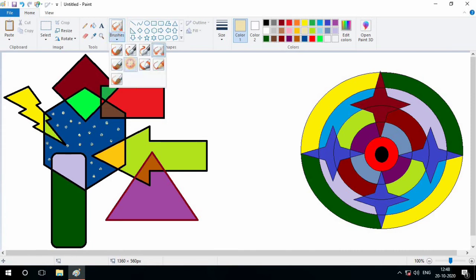Choose another brush also, the crayon brush style. Choose the color. So the crayon means in the page we use the crayon color to color it. So it's like that, but I don't like this, so I want to erase. Take another brush, and see how it works.